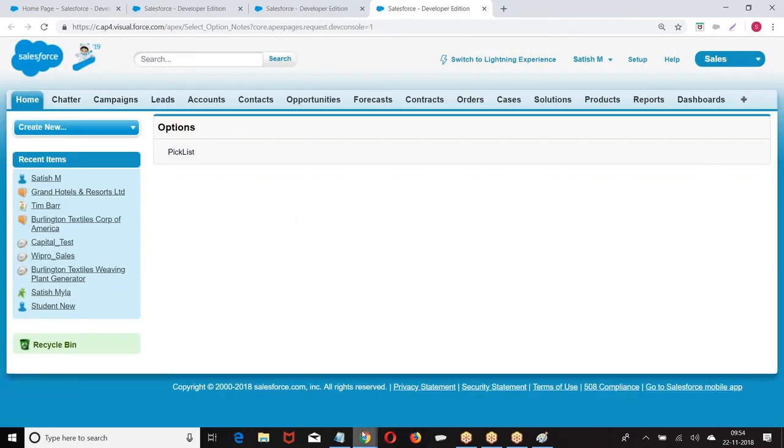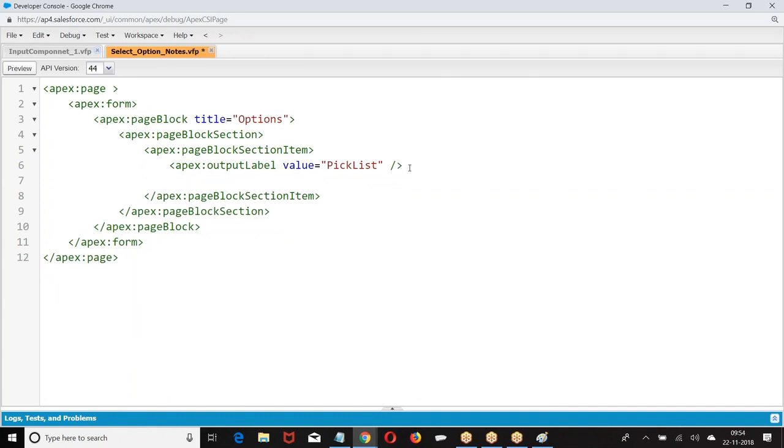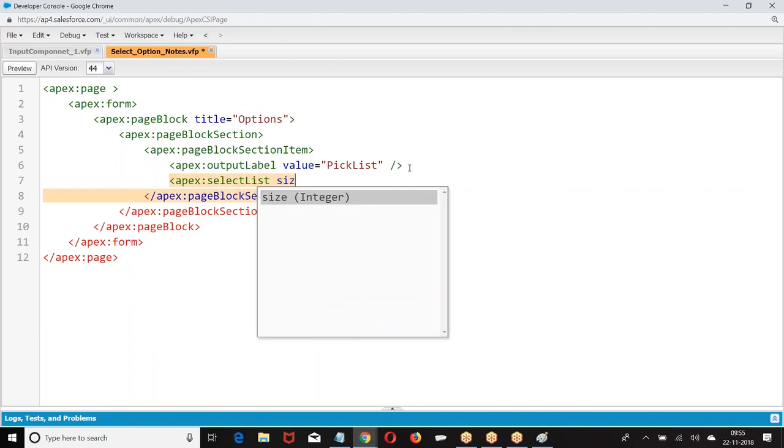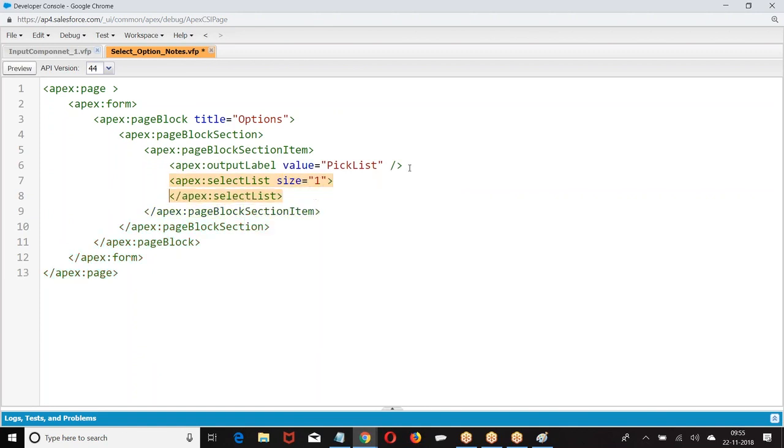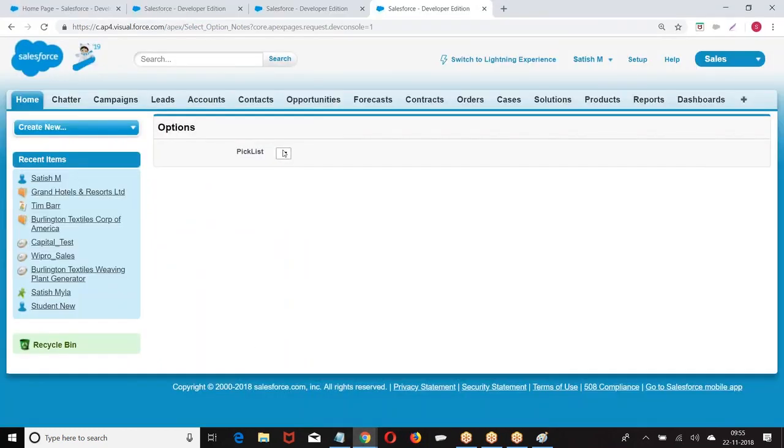Now beside the label, what do you want to display? I want to display a pick list. How will you do it? Apex select list. I gave apex select list size equal to 1. Select list means pick list.